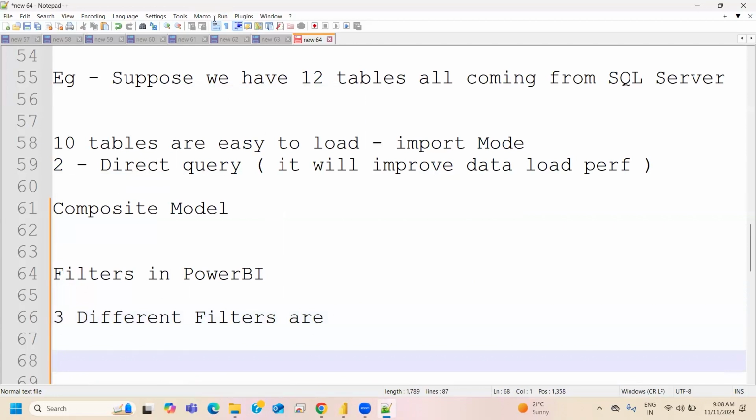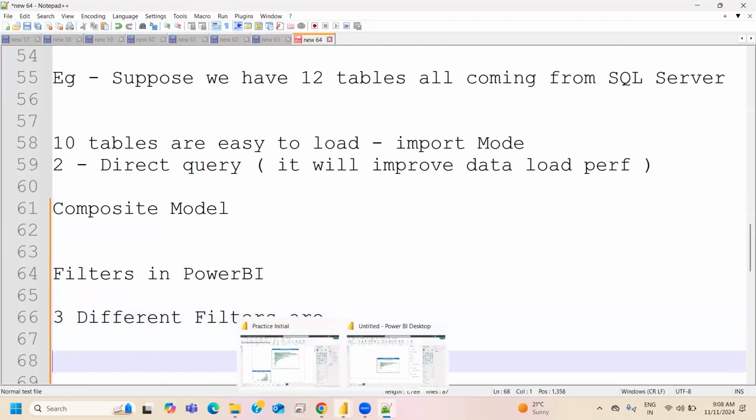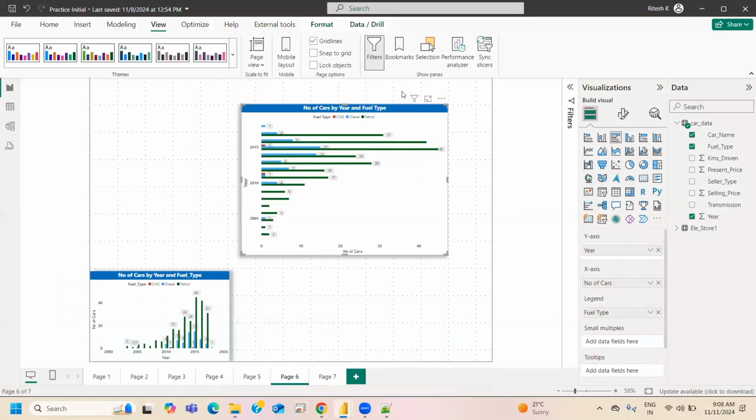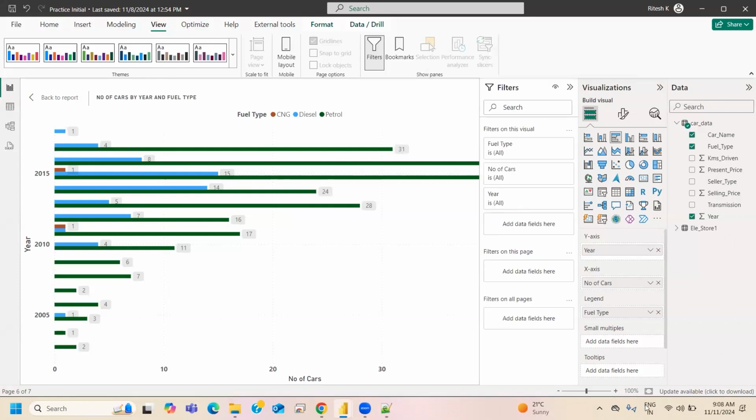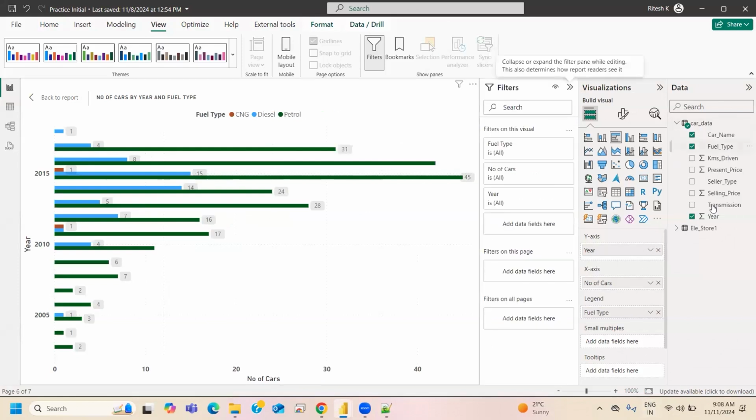Now, what is the use case of this filter that we need to understand first? I'll go back to the report. Let's focus on this one report, or maybe one visual. So we have CNG, diesel, petrol. I'll maximize this filter tab. Whatever columns you drag and drop in the data of that visual, you are dragging year, count of cars, fuel type, all those columns will come here